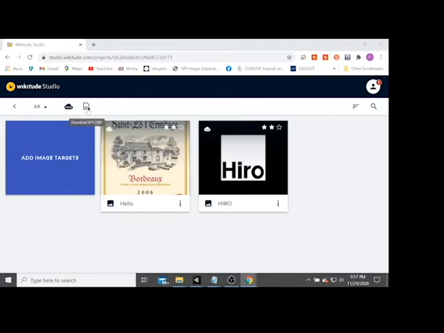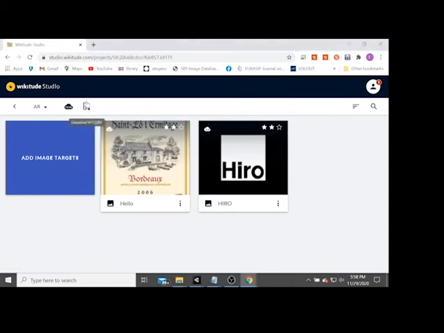WTC stands for Wikitude Target Collection. The image that has been uploaded in the Wikitude will be encrypted into the Wikitude file. So you are not able to upload the JPEG file directly into Unity, but you need to upload the image file through the Wikitude Studio.